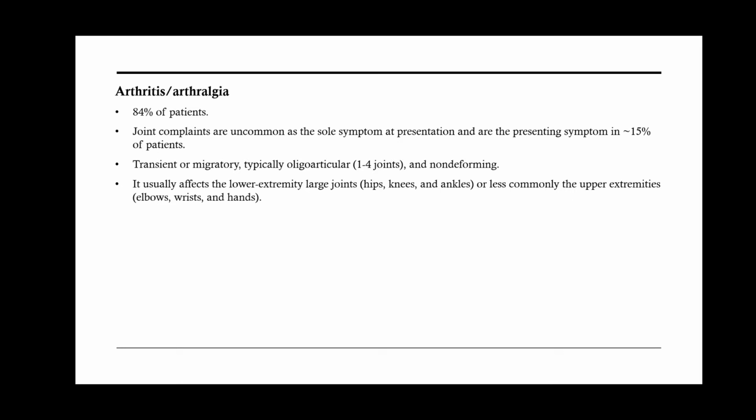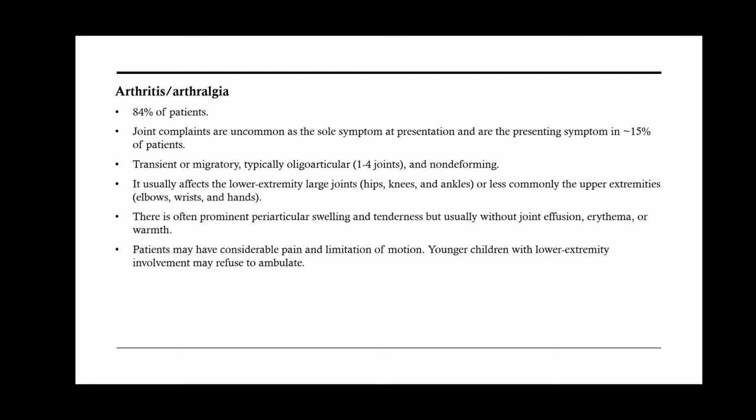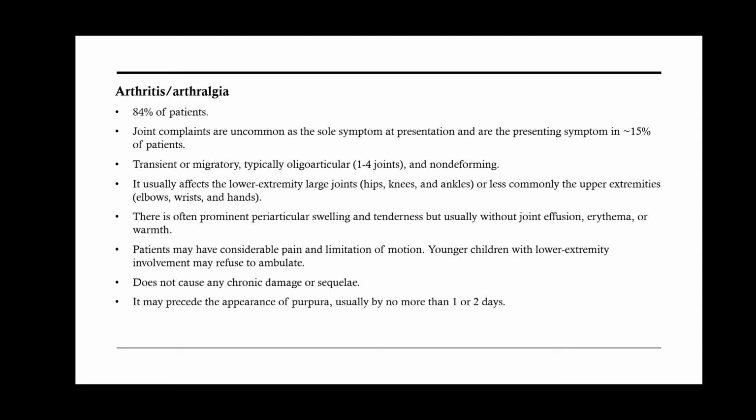It usually affects lower extremity large joints such as hips, knees, and ankles, or less commonly the upper extremities such as elbows, wrists, and hands. There is often prominent periarticular swelling and tenderness, but usually without joint fusion, erythema, or warmth. Patients may have considerable pain and limitation of motion. Younger children with lower extremity involvement may refuse to ambulate. It does not cause any chronic damage, and it may precede the appearance of purpura, usually by no more than